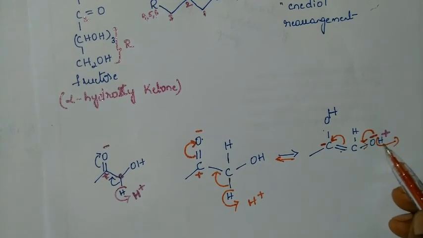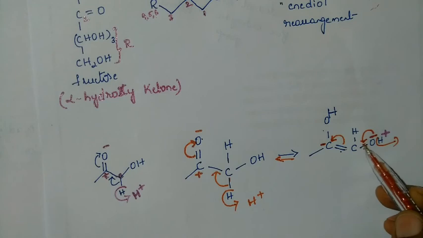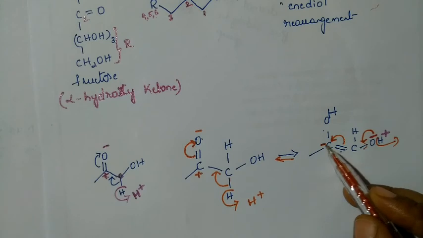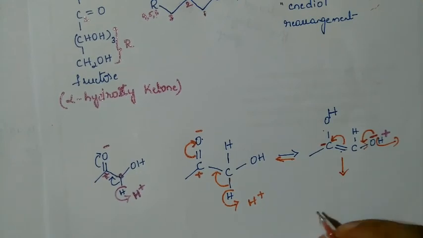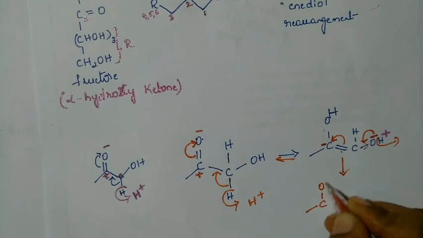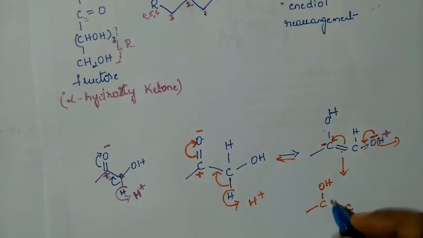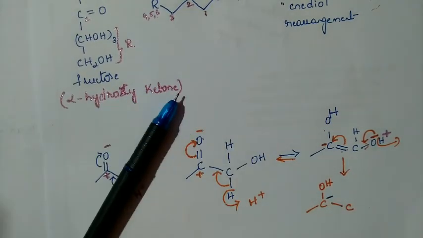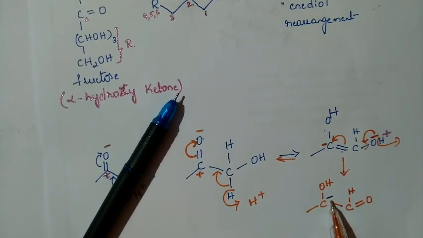The bond between oxygen and hydrogen is broken. Hydrogen leaves as H plus, and O minus shifts towards this side, making a double bond. Then this double bond shifts onto the carbon, making it negatively charged. So I'll write this part. It is COH as it is, a single bond to C with a negative charge, then this carbon with one hydrogen and a double bond O. Now this is negatively charged.